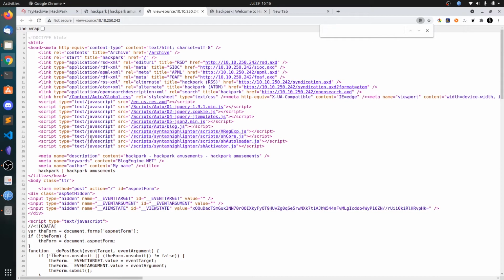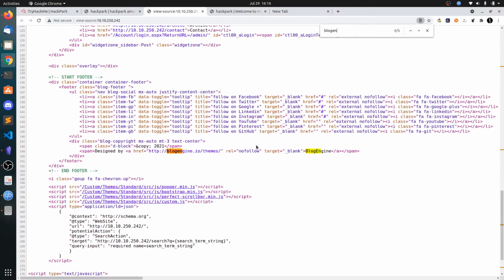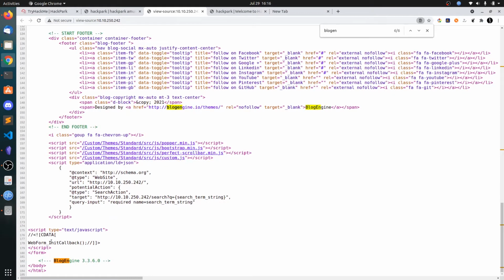So there is no generator, and BlogEngine. So you need to search for the version number, and you can see at the last in the comments it has the BlogEngine 3.3.6.0.